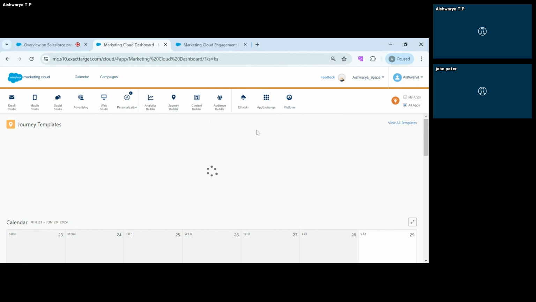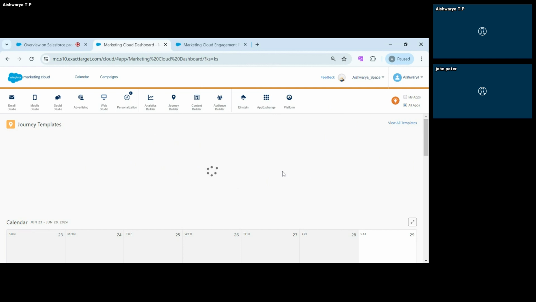We have sharing facilities also. Because of the crunch in time, I'm not going to show each and every bit of the tool. But we do have Package Manager, which will help you to create a package and then pass it to a different business unit. As I told you, we have different business units, so you can use Package Manager to pass that information to different business units. Say if you want to share Lakme product with L'Oreal product, then you can use Package Manager to